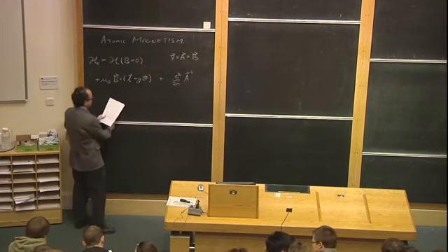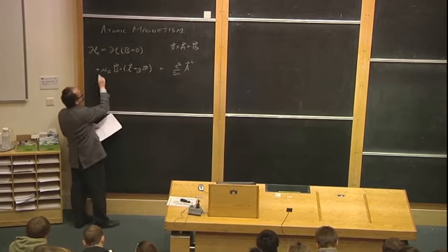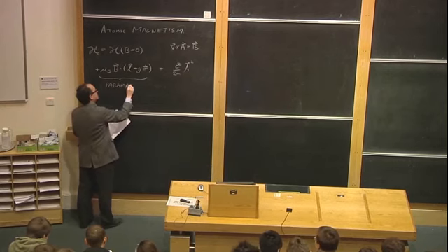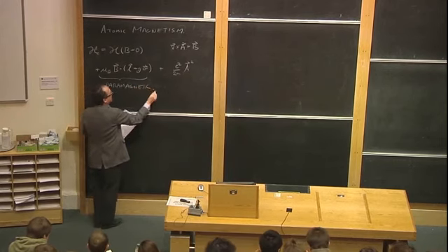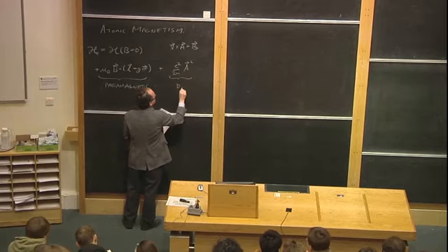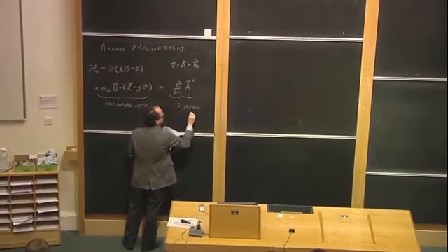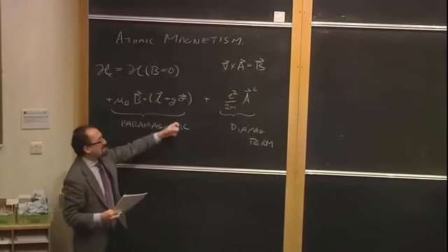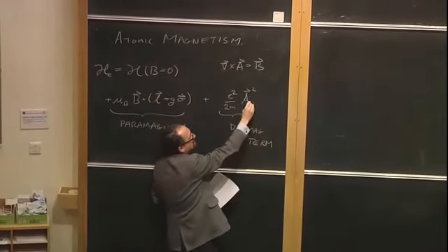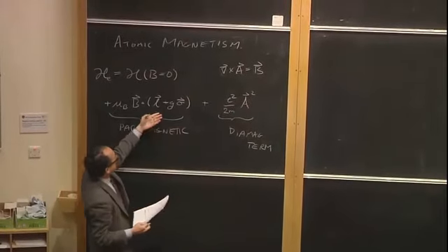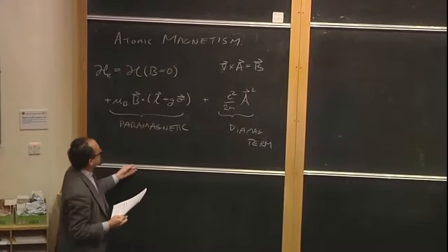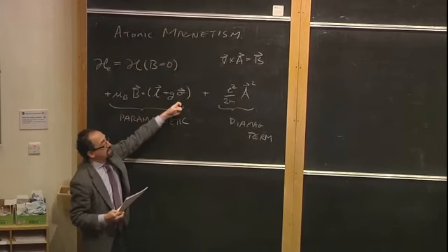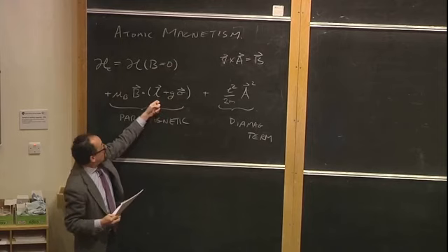Okay. Now these two terms have names. This first term over here is known as the paramagnetic term. And this term here is known as the diamagnetic term. And as you might guess, it's this term that's typically responsible for paramagnetism, and this term which is typically responsible for diamagnetism. And this term, it's actually fairly obvious why it is that this term is going to be responsible for paramagnetism. Generally, this is just coupling of the magnetic field to the spin or orbital angular momentum of the